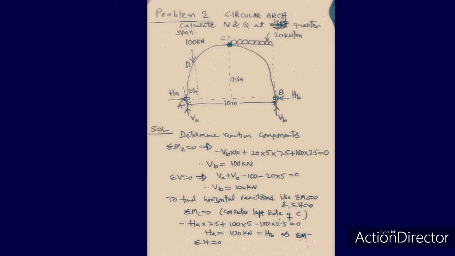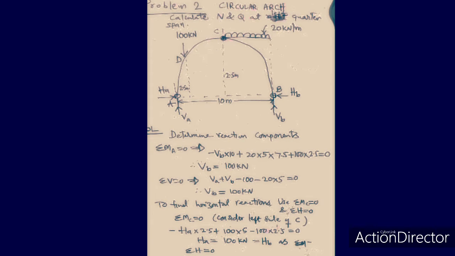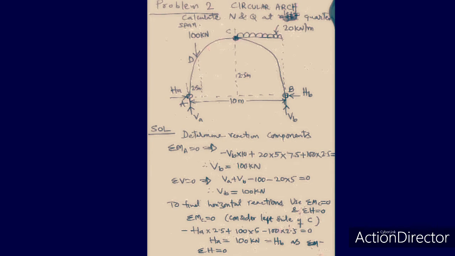There is one point load at D and the right half of the span is loaded with UDL of 20 kN per meter. So the first step, as you know, is to determine the reaction components. For that, use sigma MA equal to 0. So sigma MA equal to 0 results in an equation you can see there, minus VB into 10 plus